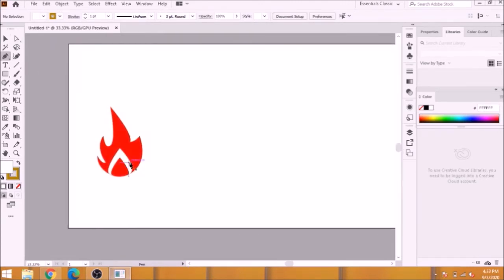Let's quickly go to the second illustration. Again, choose the pen tool and start to draw as you like. Remember, don't worry about the shape of the object, you must complete the illustration first and then edit it as you want. I'm gonna make this quickly. To see how it's done, slow down the video and then see every step.